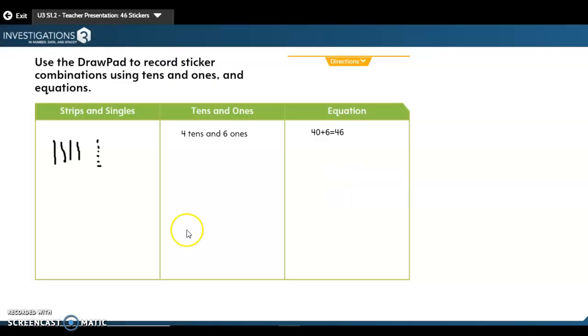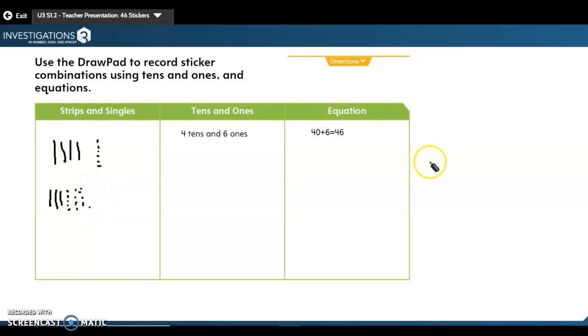So this time, we're going to add 3 strips of 10 and 16 singles. 1, 2, 3, 4, 5, 6, 7, 8, 9, 10, 11, 12, 13, 14, 15,